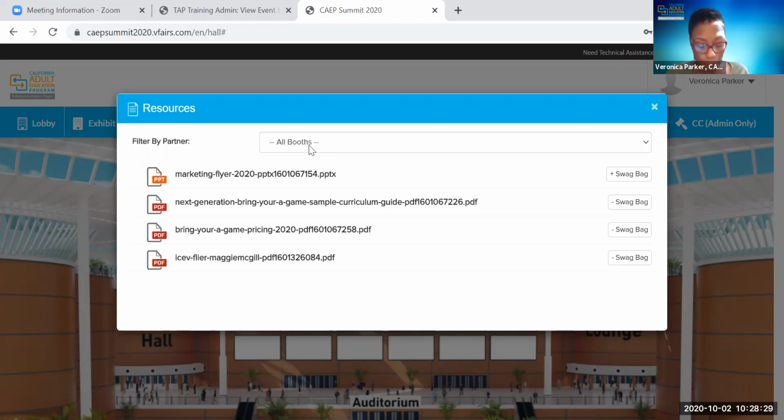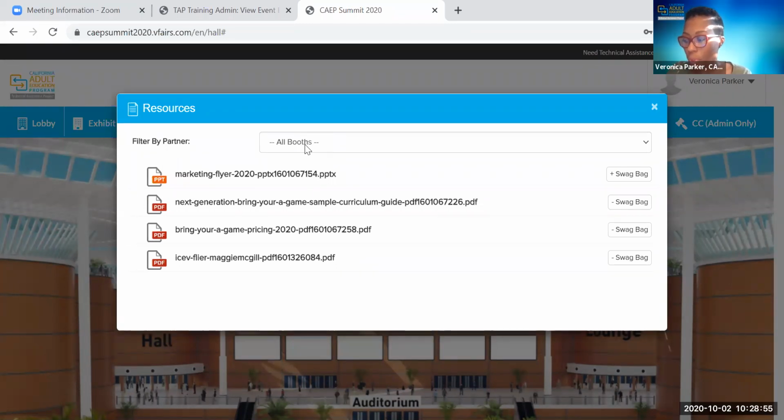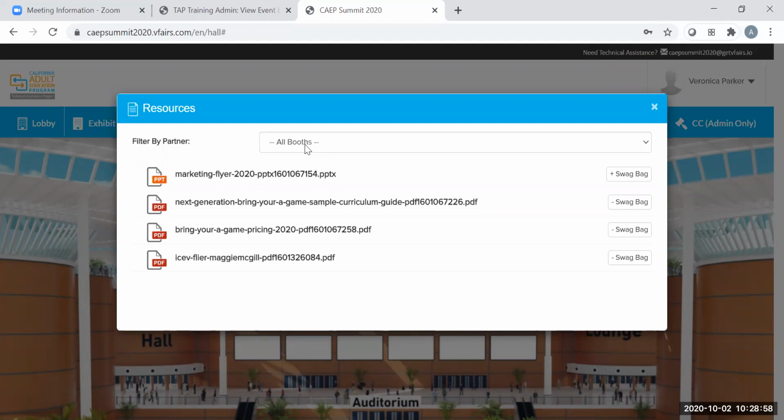Okay, so then it sounds like maybe it should be a flyer that would give more information about the company or the organization, or we can just put anything here. We're also able to upload resources to our booth. So is there no difference between the booth resources and this resources section, or can we just put whatever we want here? So what happens is when you set up your booth and you upload your resources to the booth,